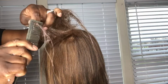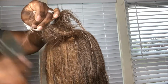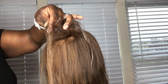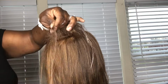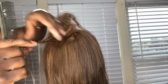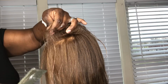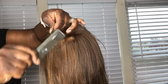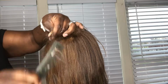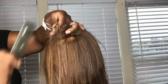Just take those ends, start at the end, and detangle very small sections as much as you can. As you get one section, one piece detangled, go up a little bit more, and just keep going. It's going to take a while, but each time you get a piece detangled and comb through it, hold the hair and comb it. It might pull, and you probably will lose a little bit, but it will definitely help detangle it. But just continue